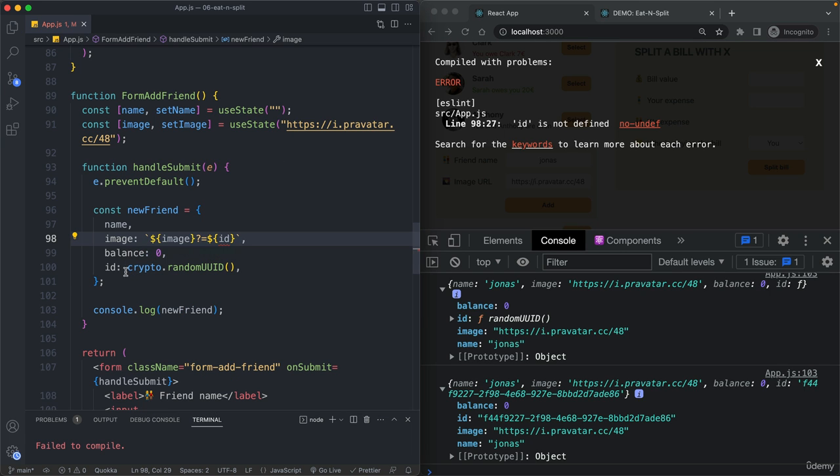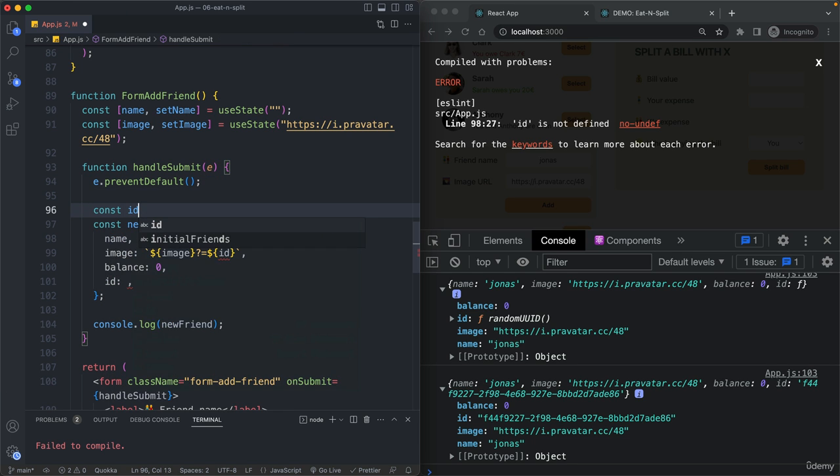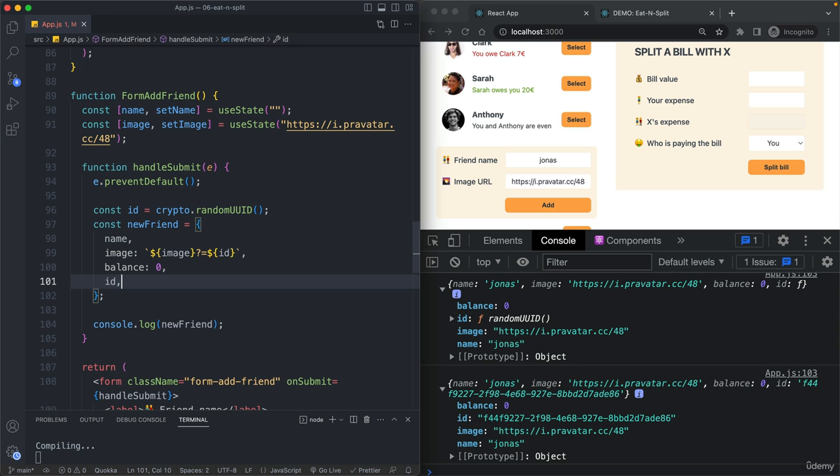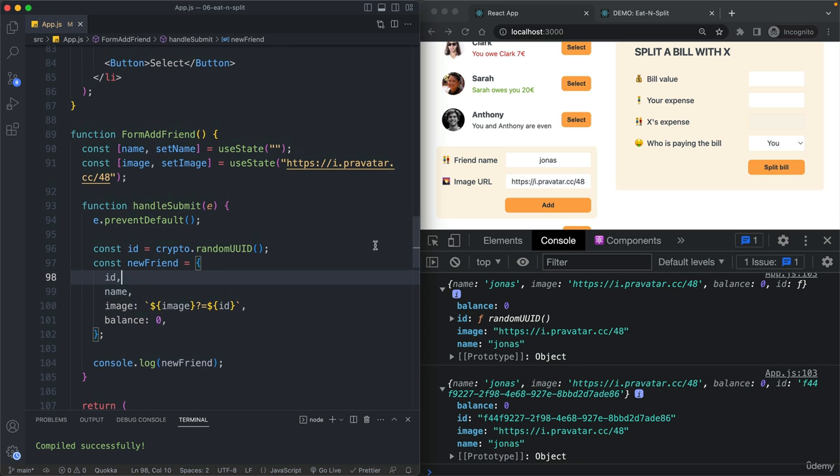Well, yeah, of course we cannot do that. So let's create this here outside as another variable. So const id equals this, and then down here, just like this. So the way that this works, and the reason why we are adding this ID here, is that this string